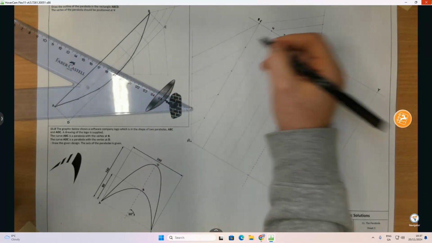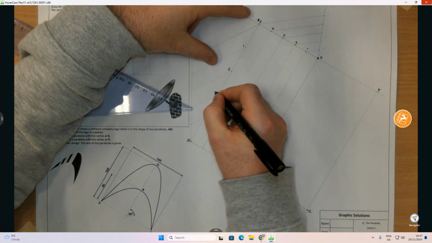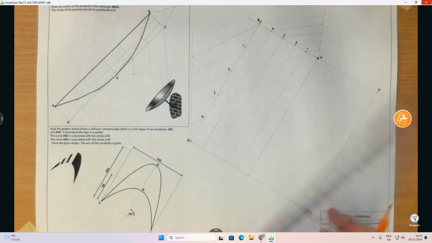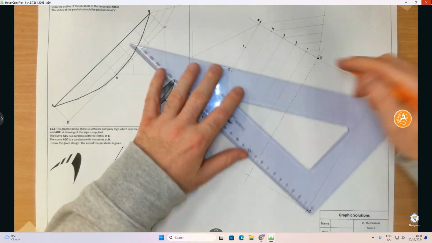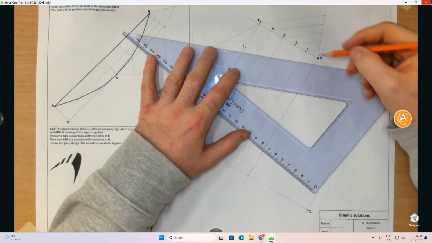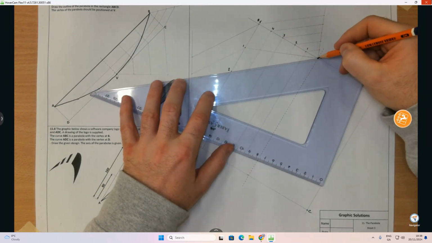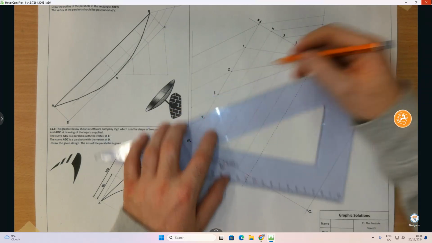Now from here then, I'm going to do the same thing. I'm going to go downwards, 1, 2, 3, and 4. Okay, now what we're going to do is, all the points on this side, on the edge going from A to X, all those points there, 1 to 4, I'm going to connect them to D, which is our vertex. So 1 connects to D, 2, 3,